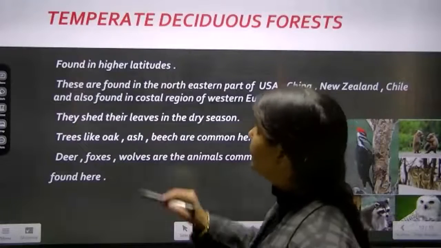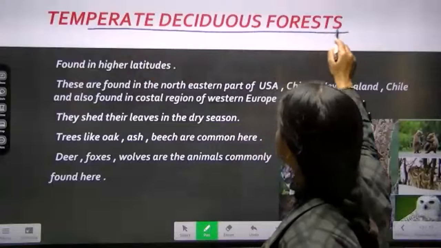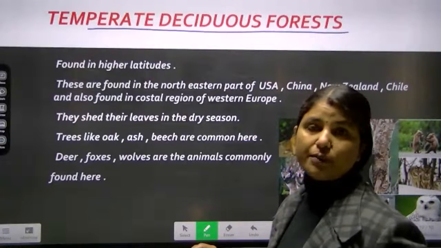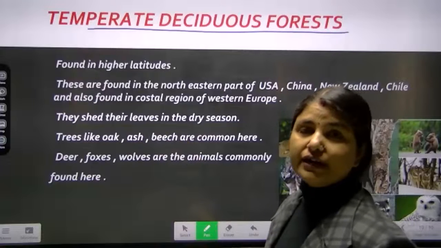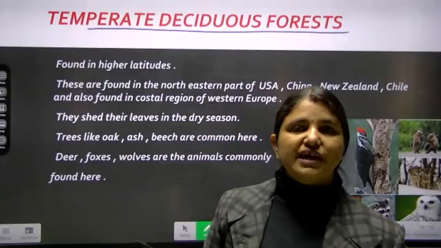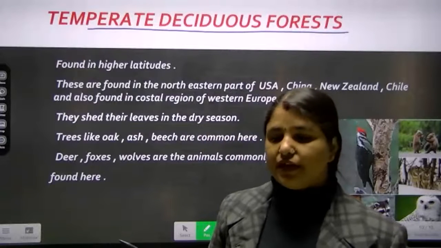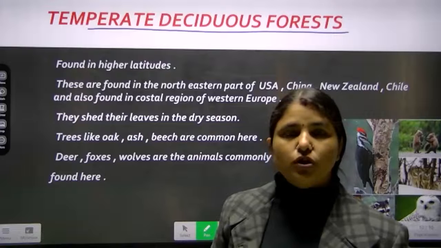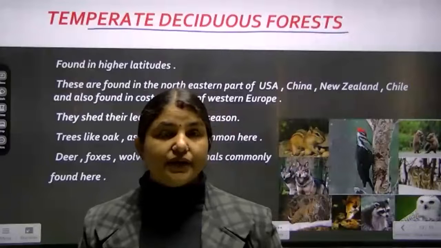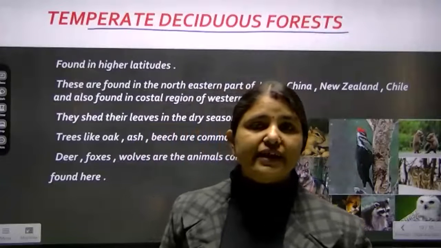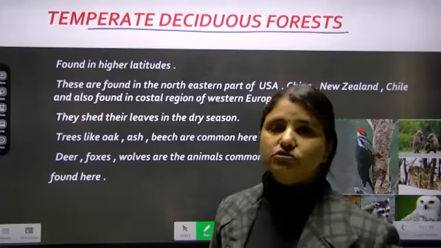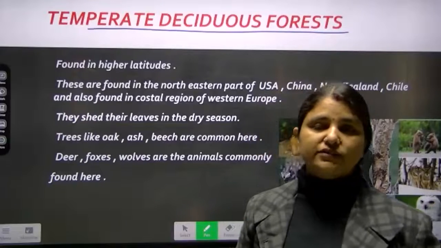Now next we will see temperate deciduous forest. Again, in the temperate region only they are located, but not nearby the tropics. Away from the tropics they are located. And they are known as deciduous forest because in this forest, rainfall happens in a particular monsoon region. It is also known as the monsoon forest. And in this temperate deciduous forest, all the trees shed their leaves in a particular dry season. Because of that, they are known as temperate deciduous forest.